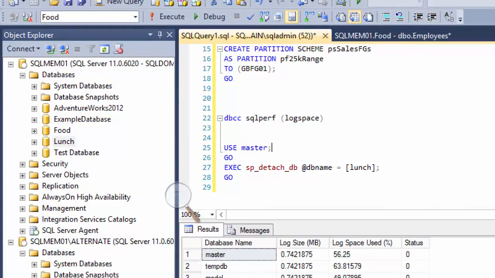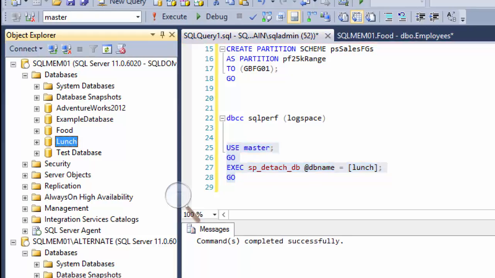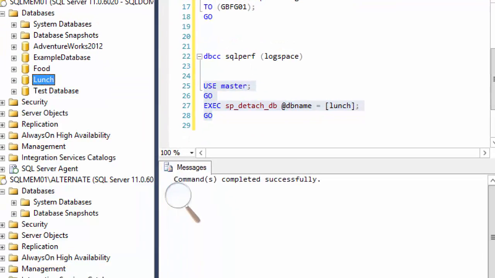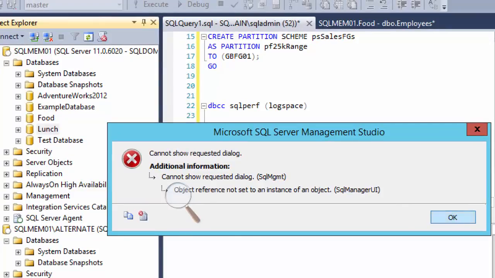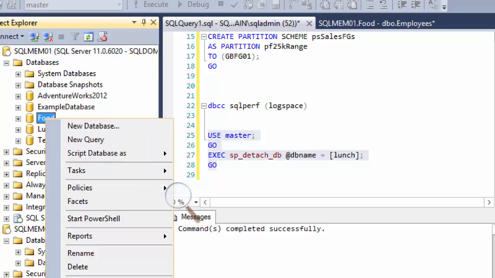So the database is showing there, right? If we execute that, yikes, it's gone now. And we should have checked it. Now it's not going to show because I detached it, but I think it was the same path. It's in the MS SQL, so it's the same path as the food database or any other database.